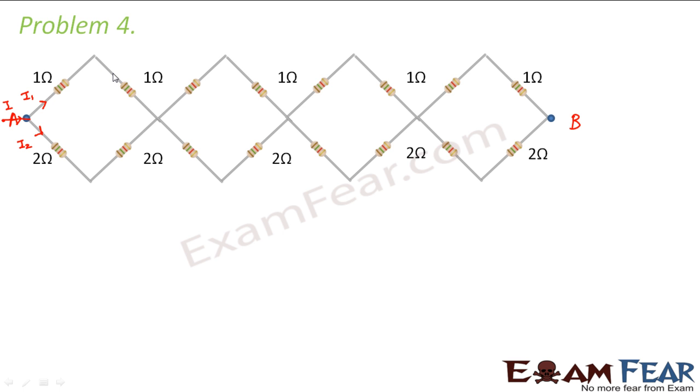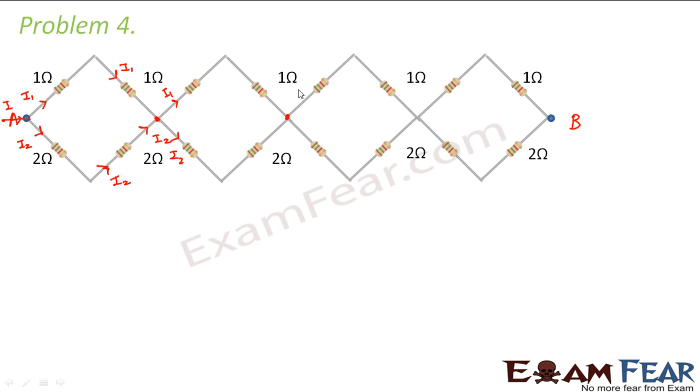So now this I1, the same amount of I1 will flow here. Therefore, the same amount of I2 will flow here. So this I2 will come from here and I1 will come from here. So here at this point, we again have I1 plus I2. Again, this side I1 will go, this side I2 will go. Again, similarly, I2 will flow here, I1 will flow here, and again at this point, it will be I1 plus I2. Again I1, again I2, and so on. So what do we see? The same amount of current flows through all these resistors of 1 ohm, right?